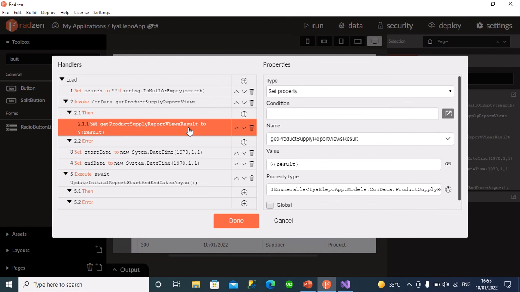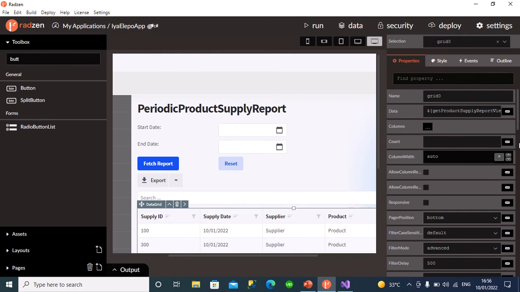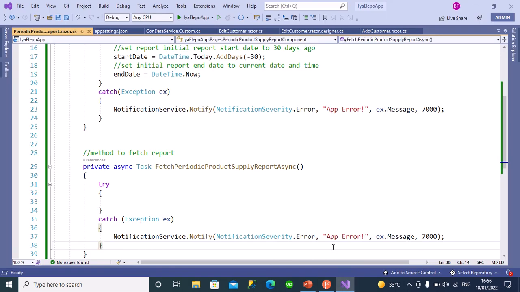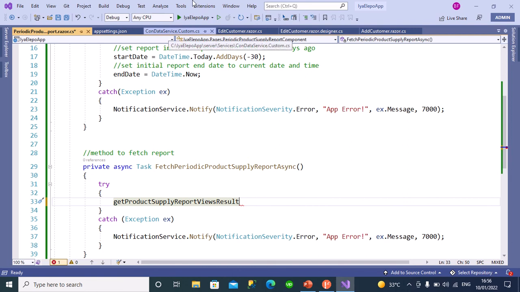So in 2.1 we actually create a variable where we store the result of fetching the view data from database. The name of this variable is called get product supply report view result. Now the data of this page is actually bound to that property. So now what I'm going to do is say that variable get product supply report view result will be equal to await